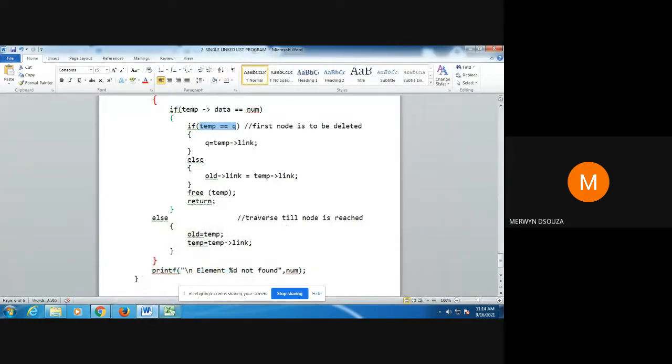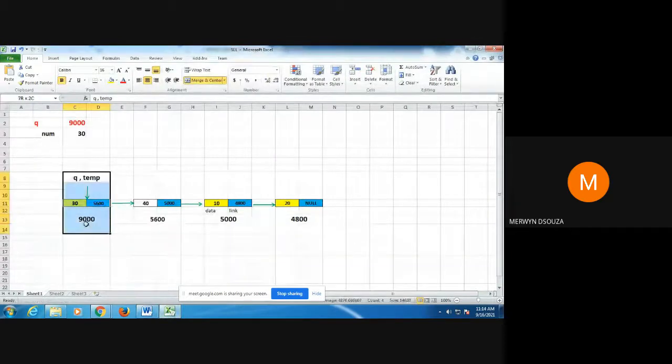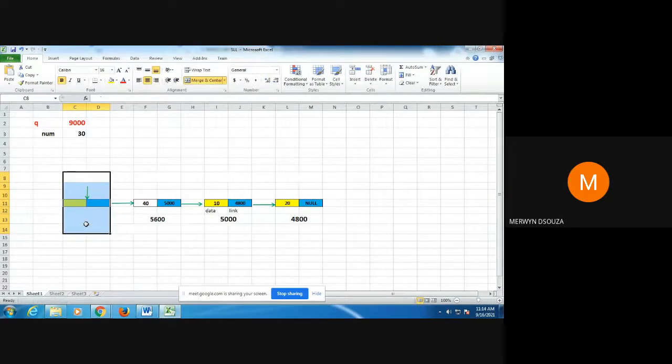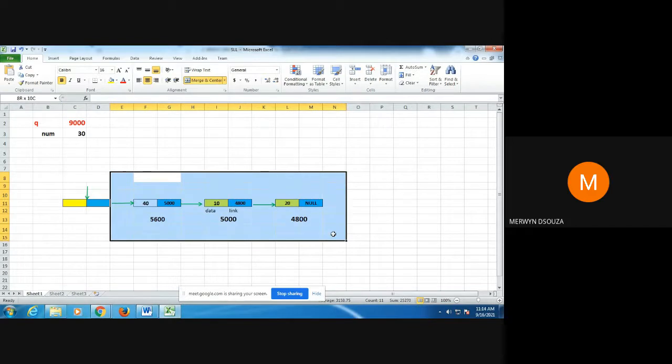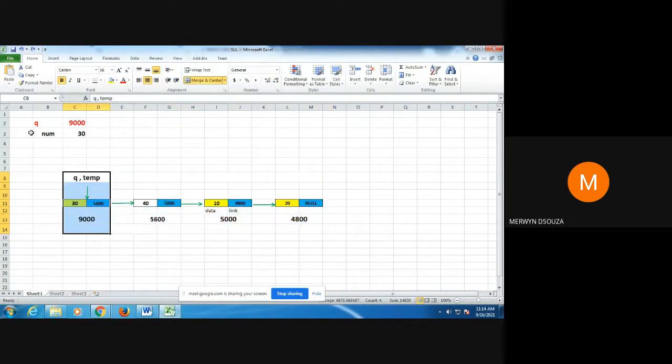Now suppose we delete this node directly, what will happen? We will lose access to the remaining nodes. Why? Because we deleted the first node, and q also was on the first node. So before we do the actual deletion, whenever we are deleting the first node, we need to shift q to the second node.